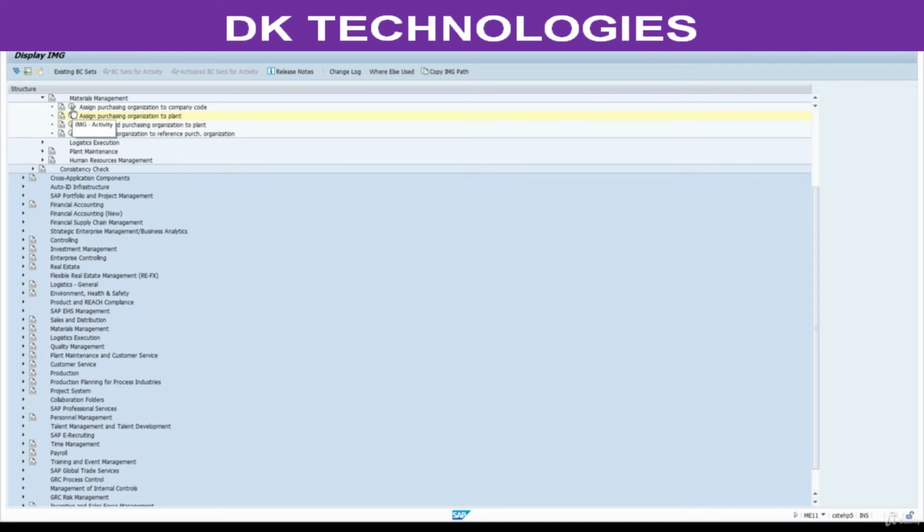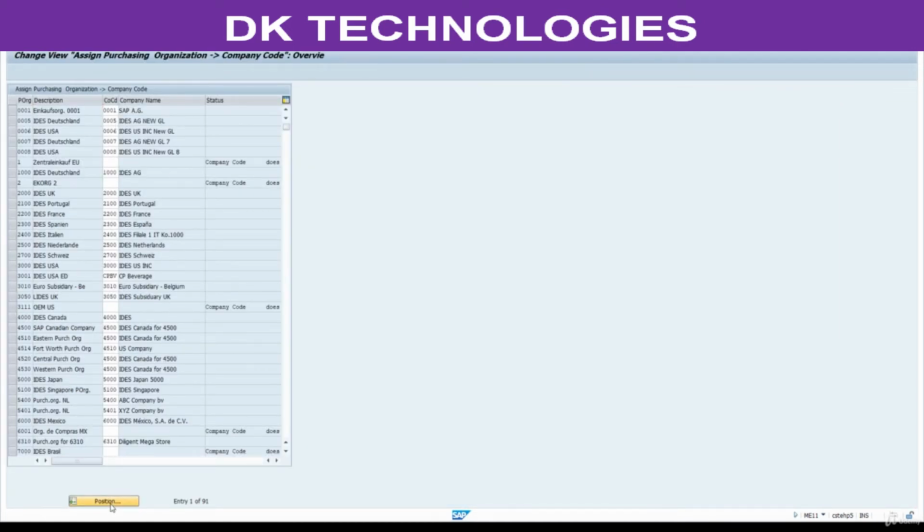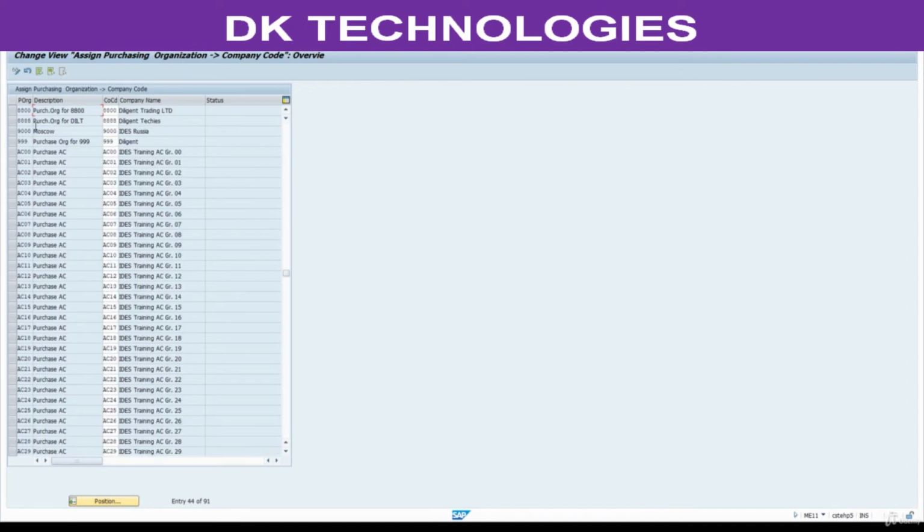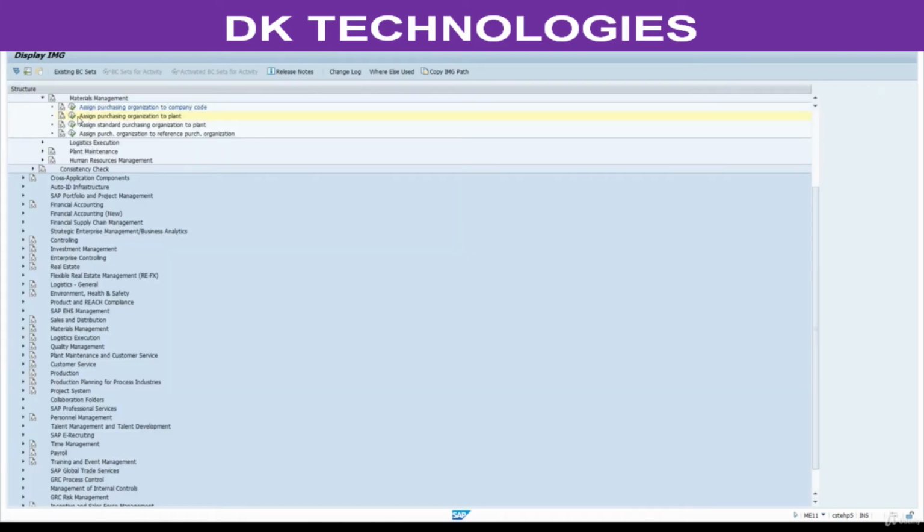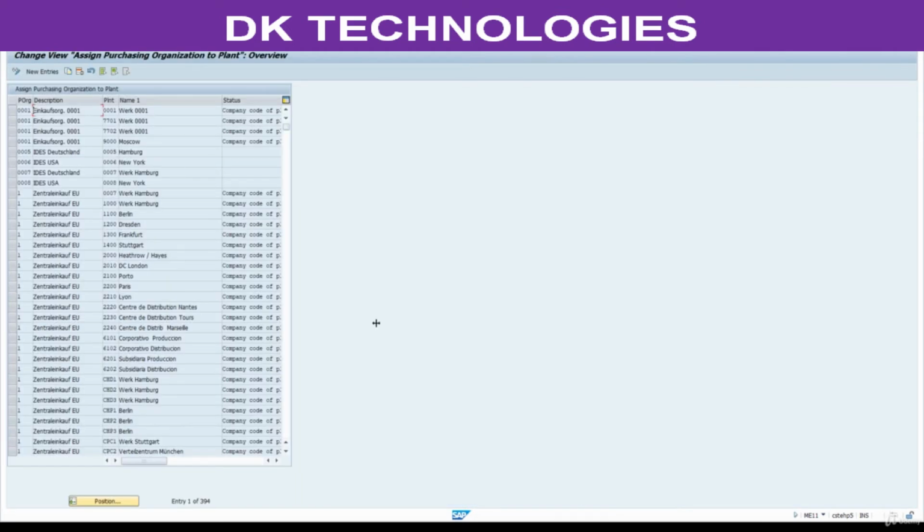Here I will check the assign plant. I will check this one first, 8800. See here, we assigned the purchasing organization to the company code. Go back, purchasing organization to plant. Click on this one.